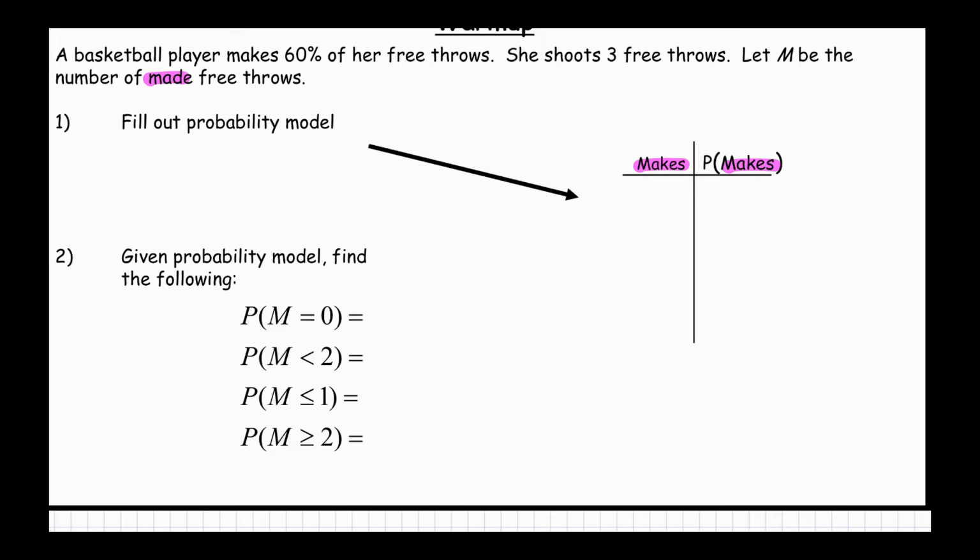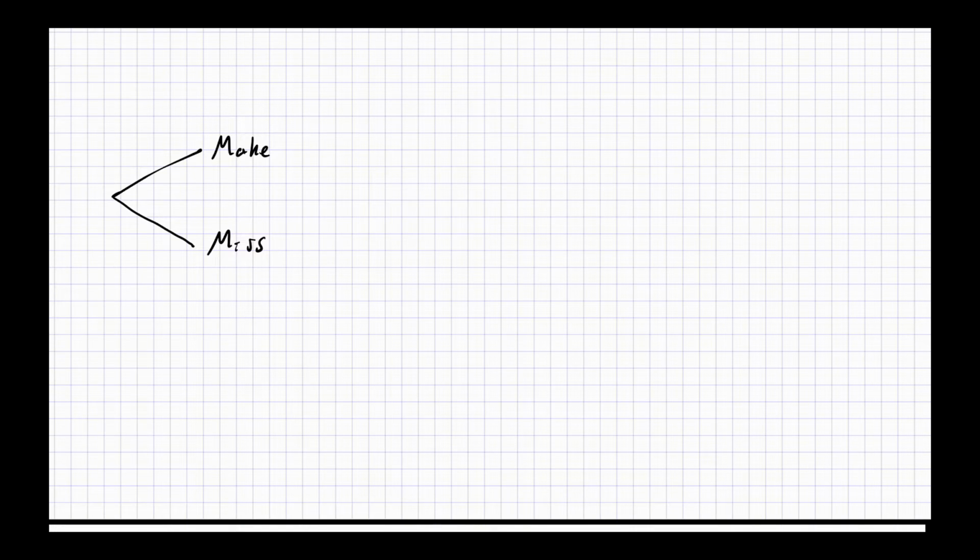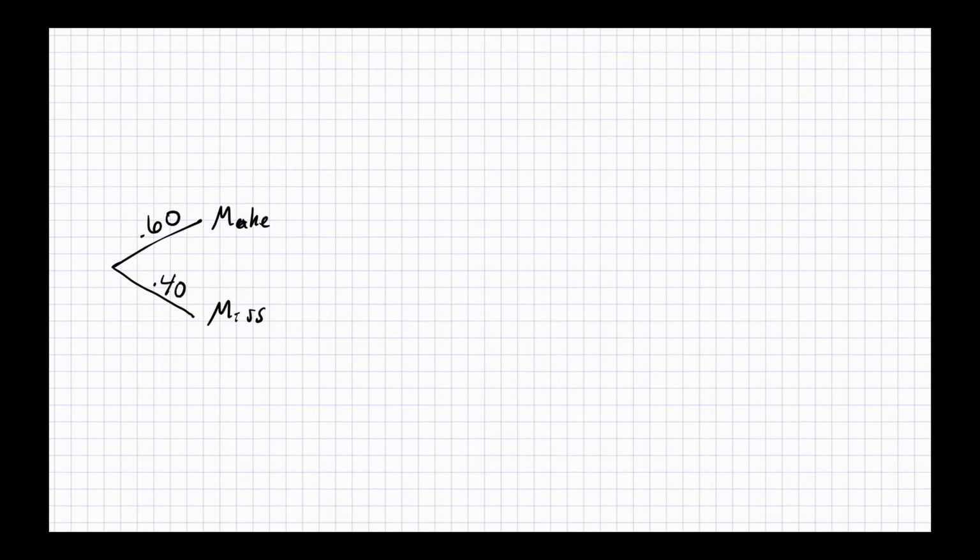Okay, so the first shot. If there's a 60% chance she makes it and only two things can happen, that means a 40% chance she doesn't make it. That's one shot. Well, there's more shots than that. The second shot is a make,